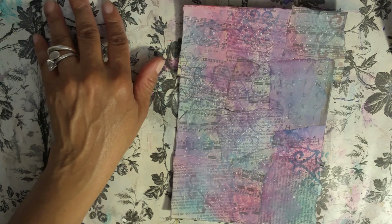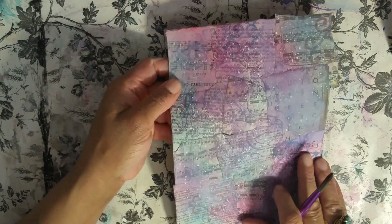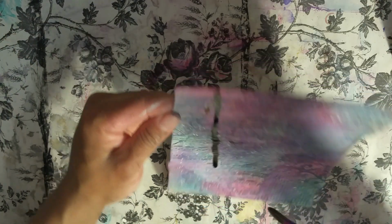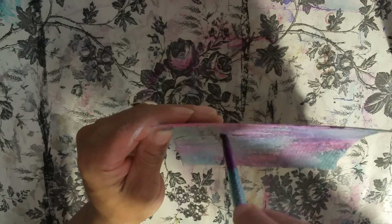I don't know what she did, but she added fragrance to her inks, and they smell fabulous. I mean, it's already fun using her products, and then on top of that, she added fragrance. Like, it smells like hot cocoa. It's just fabulous. Love it. Okay, I know I'm out of frame, but I'm doing the drip, so